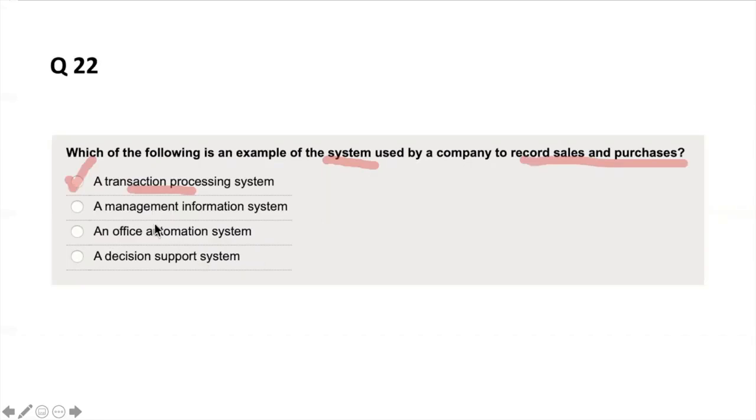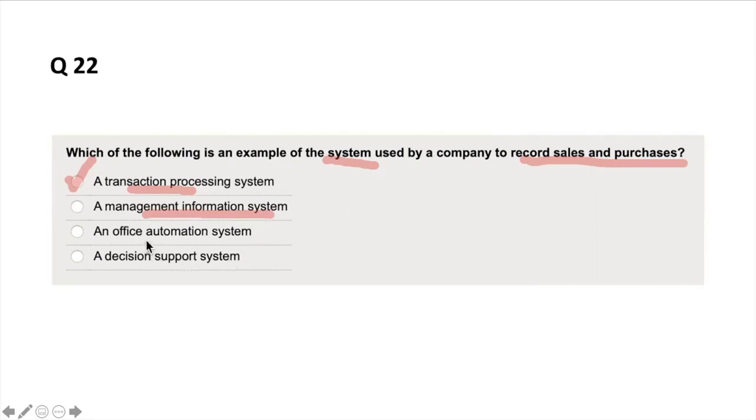So the answer would be, that's an example of a transaction processing system, or a TPS, as people like to call it. Now, an MIS is actually where you get the information and you try to get some insights from it, organizing this data and summarizing sales. That would be called an MIS system, not a transaction. You already have the transactions and you're trying to make sense of it and organize it and group them together. That's an MIS. So I'm giving you a little bit of theory so you know how to understand these systems.